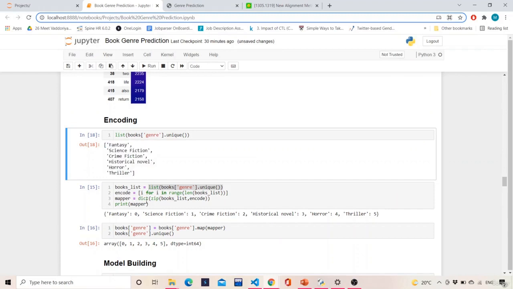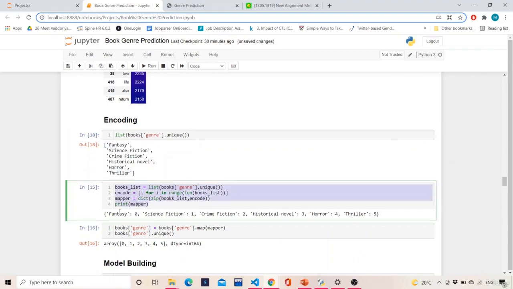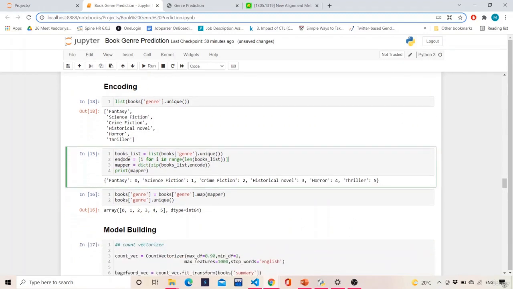This function is doing the label encoding task. Here is the books list of unique genres, and this is an encode list, which is just the numbers 0 1 2 3 4 5 6. We zip these two lists to make a dictionary.